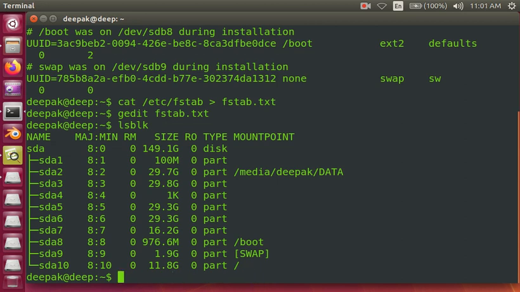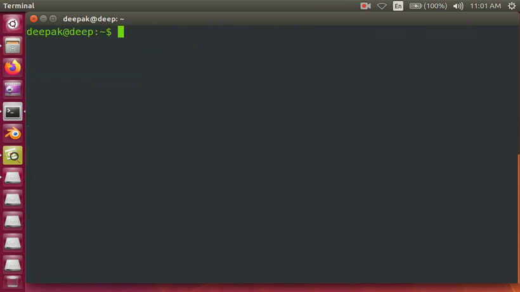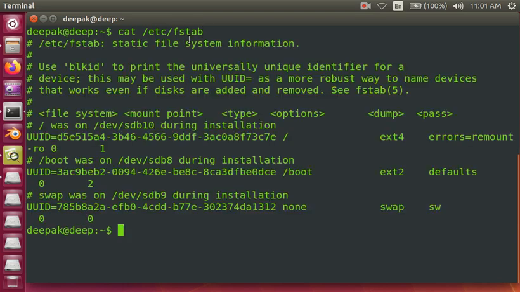This command reads the fstab file in the etc folder. The etc folder maintains all the configuration related files, and with this command I can see which file systems are available with this system right now.